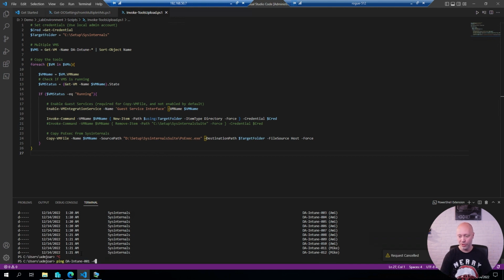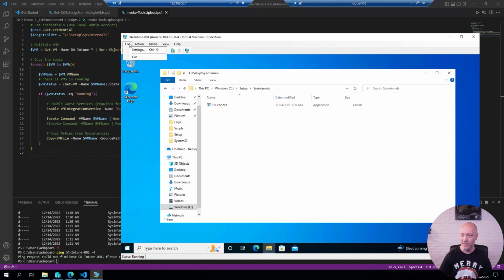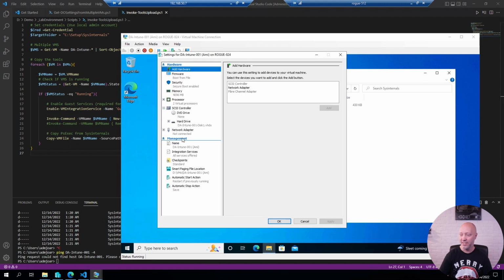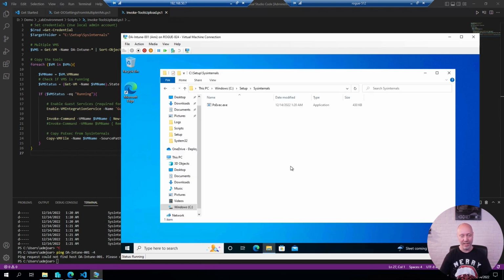Gonna ping that virtual machine, and I can't ping it. If I go to my network settings, this machine is not even connected. And even though this one was not connected, the other ones are, but this one is not. I can still copy files to it, because I'm not copying it over the network, I am copying it over